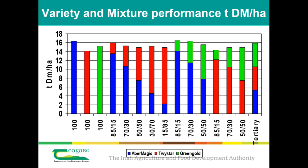Toy-Star at about 14 tonne, and Green Gold was a kind of intermediate. So as we mixed it then between Abermagic and Toy-Star, you can see here that the performance of this mixture over 2 years started to decline. The Abermagic and Green Gold did pretty well as a 2-way mix at a 15% inclusion of Green Gold, but